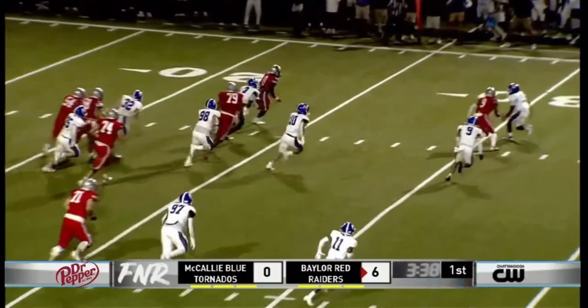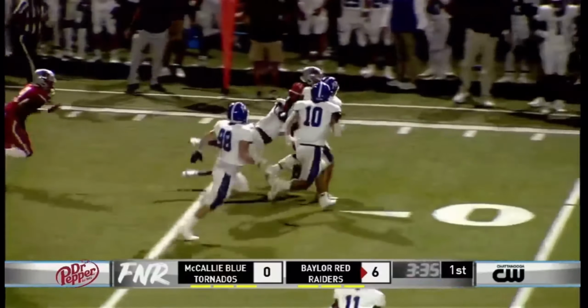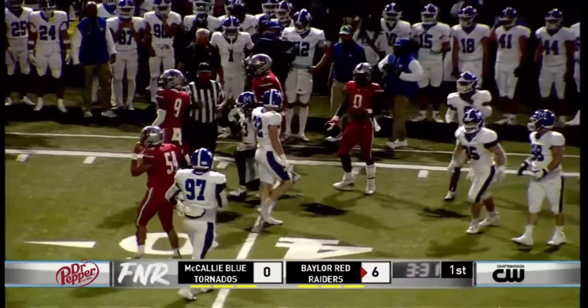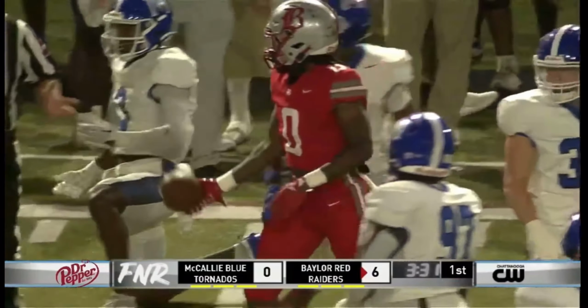Here goes Gabriel Georges to the outside. Georges, first down, out to the 40-yard line. If you're one-on-one with that guy, man, you can't get him. I mean,